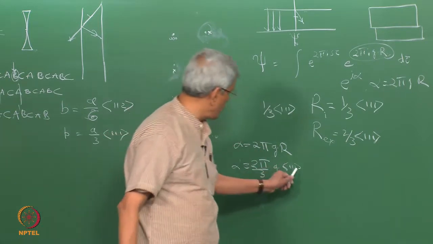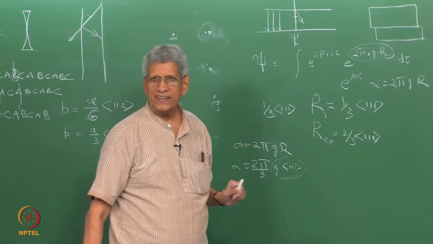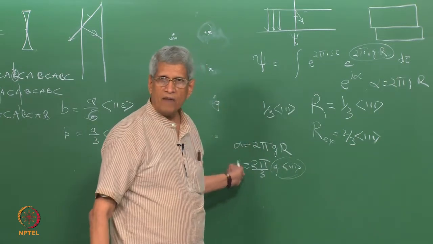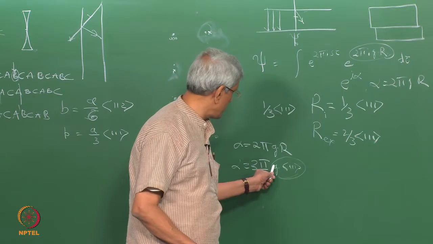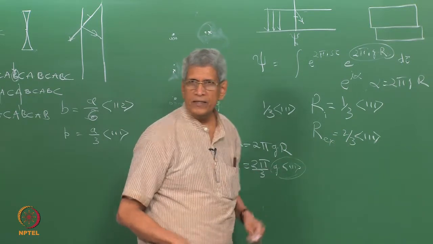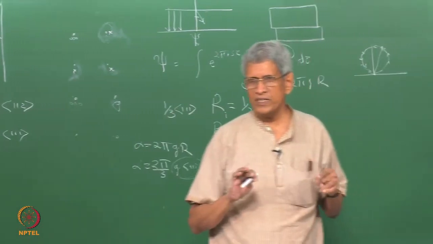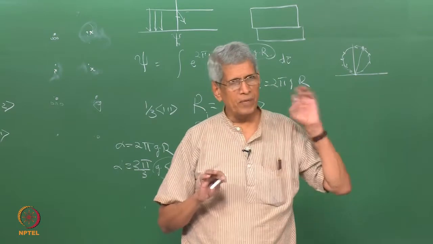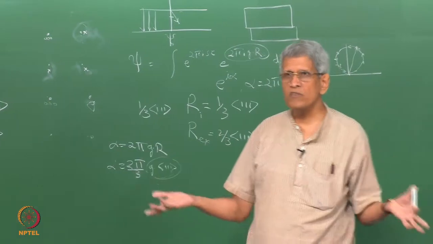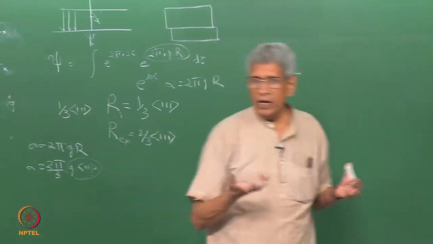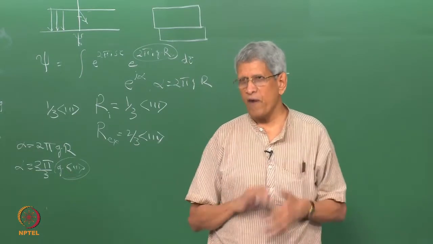Suppose this term turns out to be 3, then alpha will become 2 pi. If g and R are perpendicular to each other, then it will become 0, then also alpha becomes 0. So, these are all the conditions under which the fault will become invisible, alpha becomes 0. That means that under those conditions the stacking faults will not be seen. But under other conditions, for other g vectors, you will be seeing the fault.